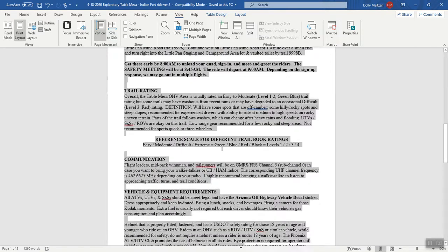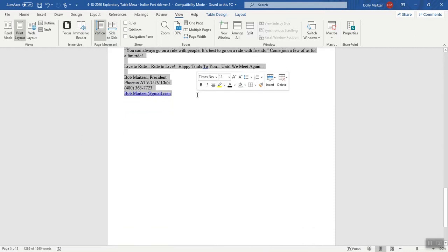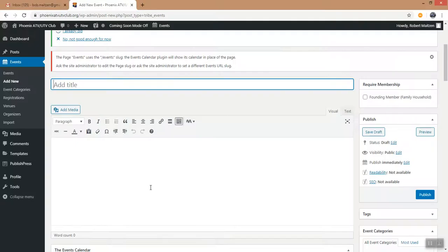Just holding my key down as I scan through the document so it highlights everything, and I'm going to hit Control C to copy it. I'm going back into the event calendar. I'm going to go down into this big open subject matter area, and I'm just going to hit Control V